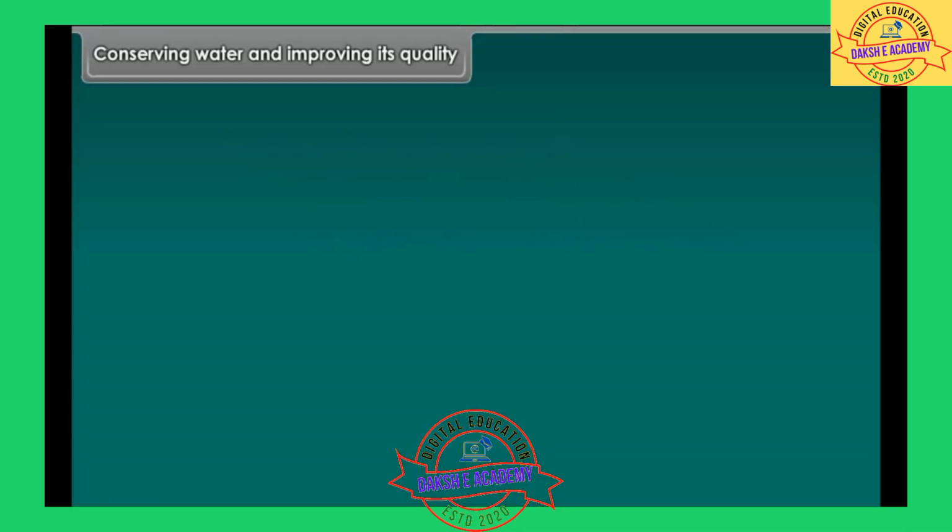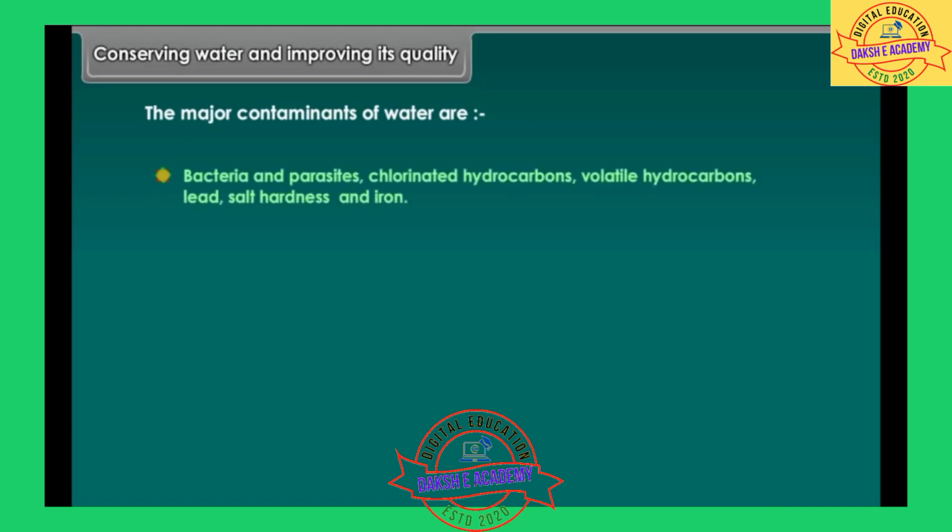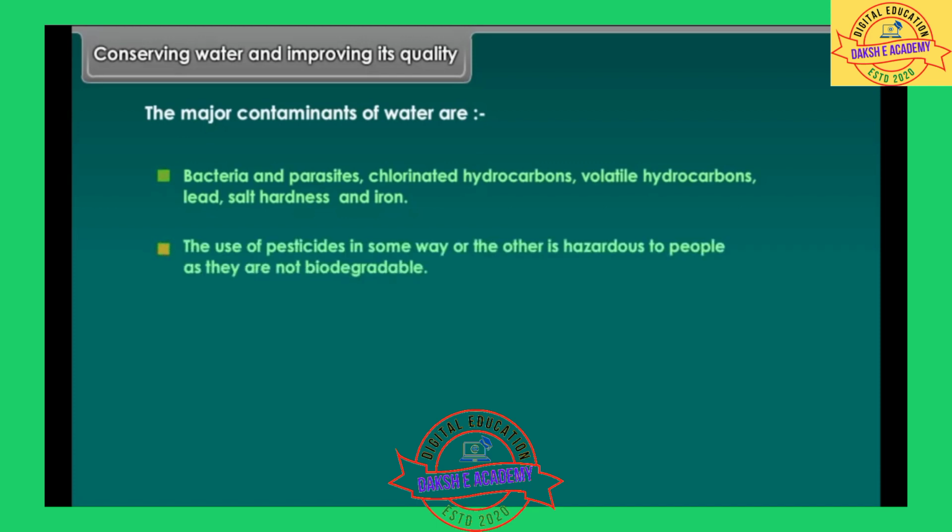Conserving water and improving its quality. The major contaminants of water are bacteria and parasites, chlorinated hydrocarbons, volatile hydrocarbons, lead, salt hardness, and iron. The use of pesticides in some way or the other is hazardous to people as they are not